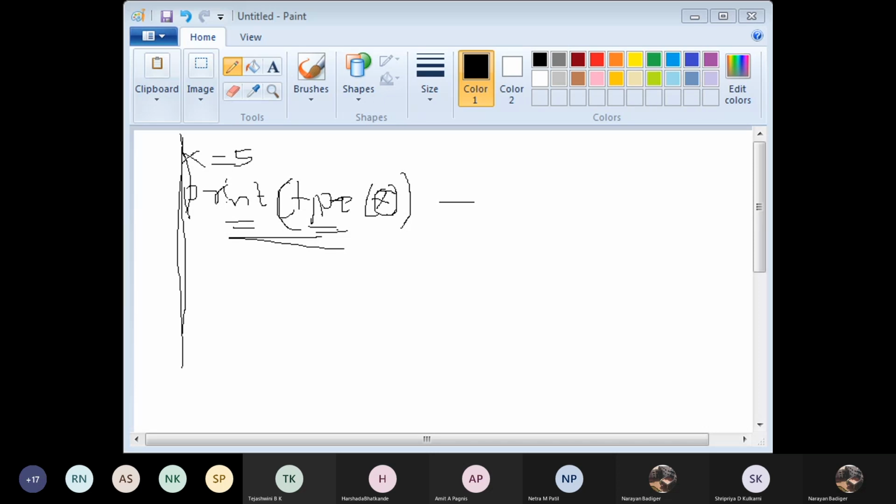The first one is text type. In text type, we have string. It means it always plays with a combination of alphabets or letters. Okay. Next is numeric types. In numeric types, what we have? Int, float, complex. Next, sequence types. In sequence types, what we have? List, tuple, range. In mapping, we have dictionaries. In set type, we have set, frozen set. Next, in Boolean type, we have bool. Then in binary data type, we have bytes, byte array, and memory view.